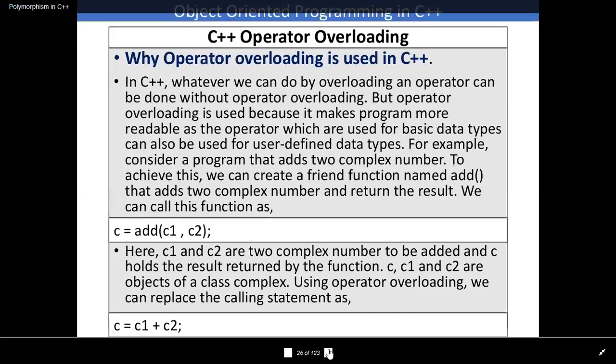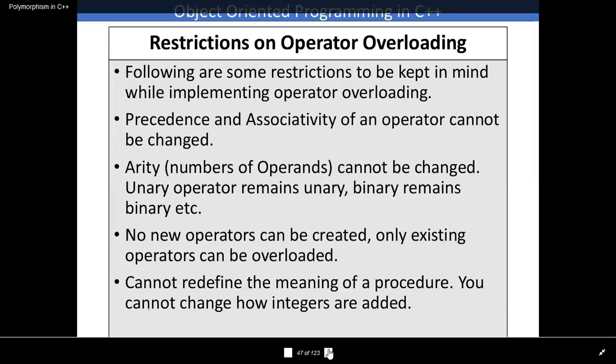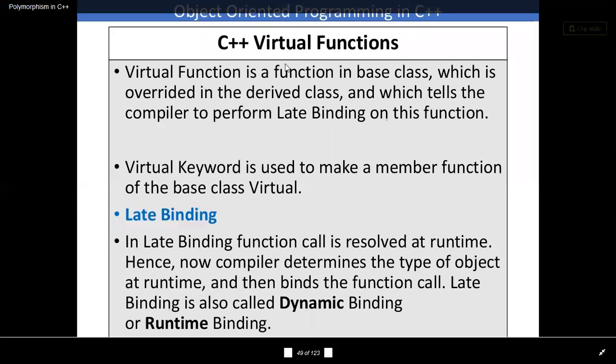Now we will skip the operator overloading right now, and we'll go to that later. So now we will solve it using a virtual function. We will see one example of how virtual functions solve this problem, or how late binding occurs. Before that, the basic term: a virtual function is a function in the base class which is overridden in